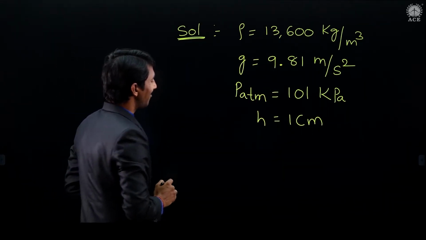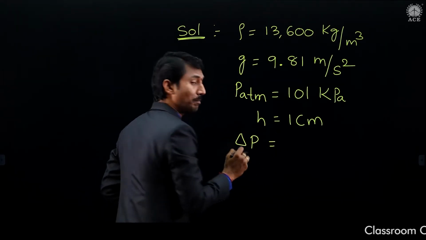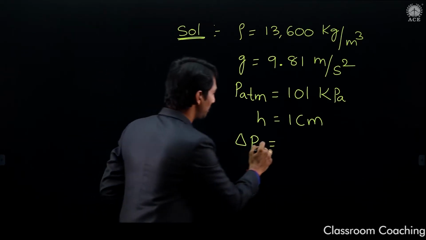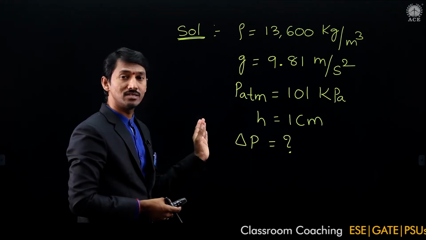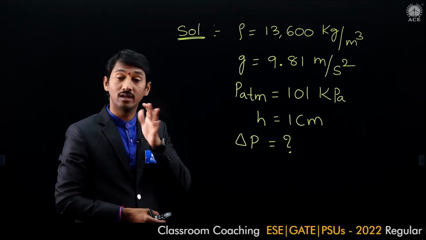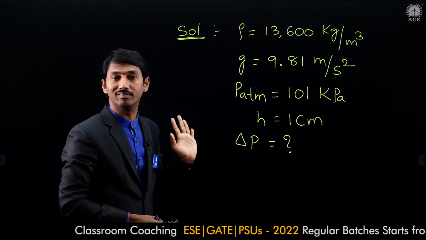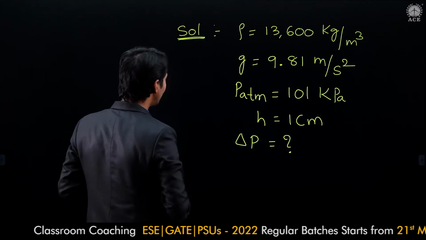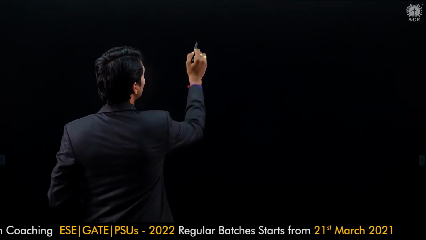Okay. Sir, what is he asking? Differential pressure, delta P, he is asking. In the given data, some values may be extra which are not required in this solution. Like that, extra data will also be given. So be clear with the data. Sir, what is the delta P value? Delta P is equal to